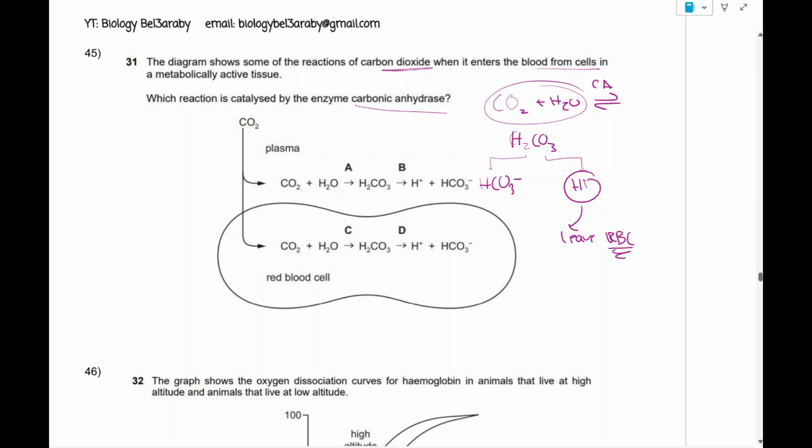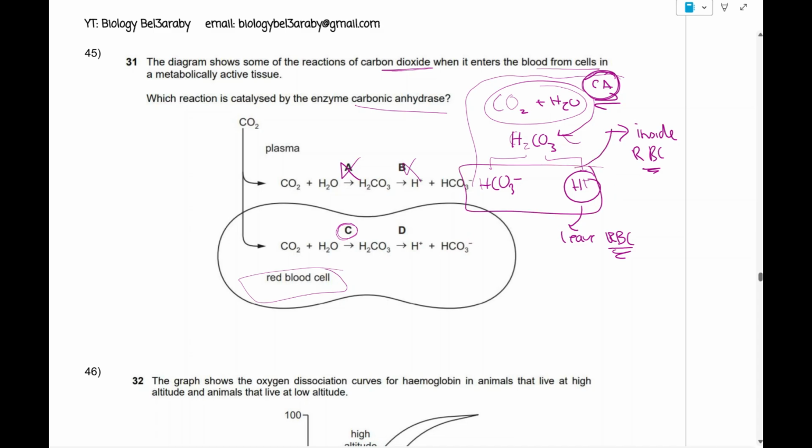Now let's see the suggestions that we have here. Now the first rule of thumb that we must know is that the reaction of carbonic anhydrase actually takes place inside the red blood cell. And as we all know, this represents the red blood cell, therefore A and B are going to definitely be incorrect. Now, as I just mentioned, carbon dioxide combines with water and then carbonic anhydrase converts those two products into carbonic acid. Therefore, C is going to be the correct reaction. The dissociation, however, is not directly by carbonic anhydrase, therefore this is incorrect